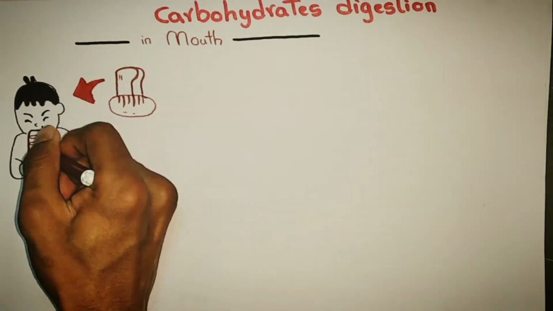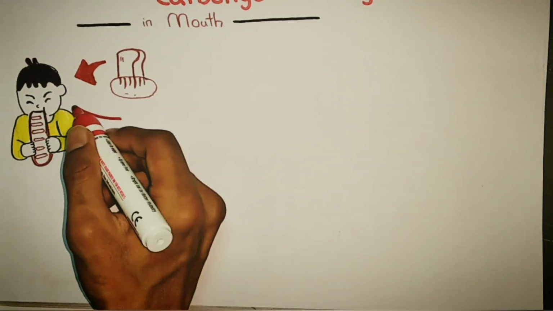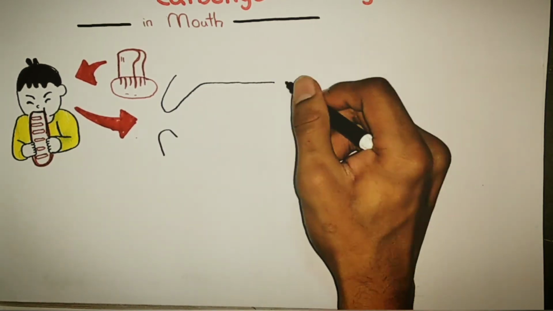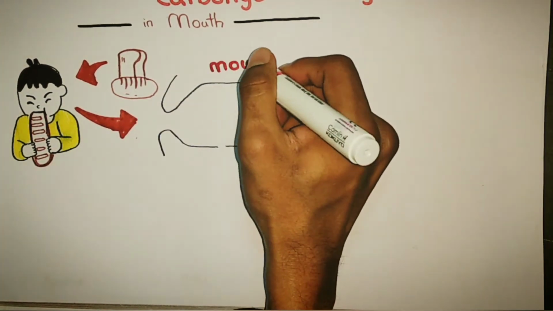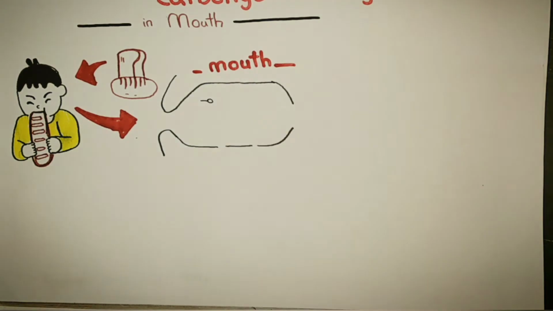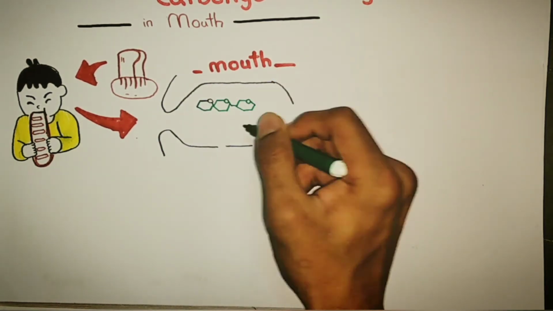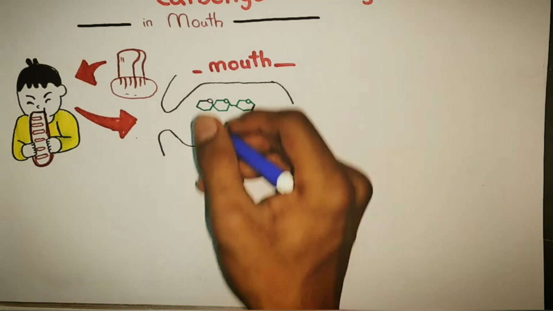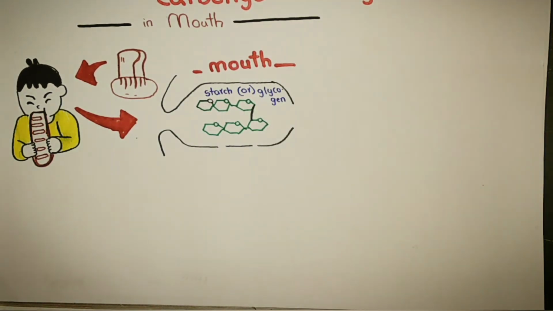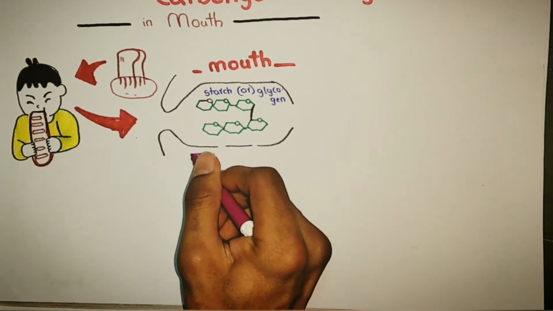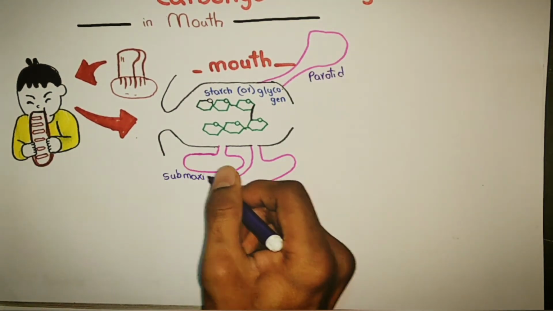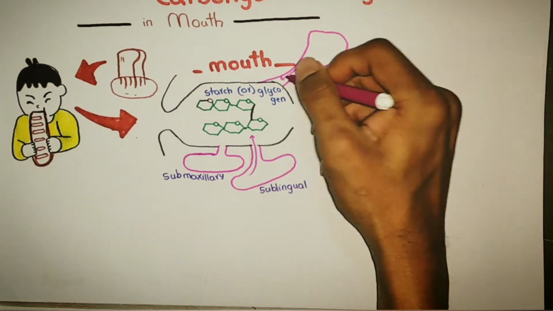Starch is bulkily consumed as a staple food, whether in the form of bread or in the form of potato starch. On consuming in the mouth, the starch or any other food particle is mechanically broken down by the process called mastication. The starch or any other glycogen polysaccharide is subjected to the saliva secreted by the three pairs of salivary glands: the parotid, the submaxillary and sublingual.